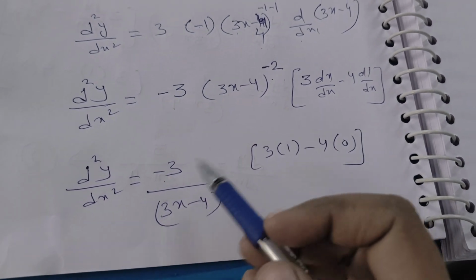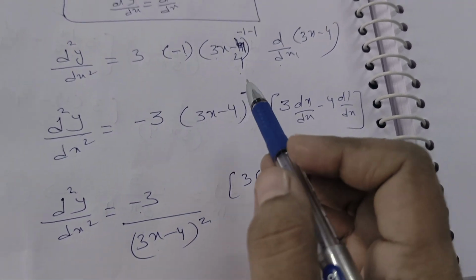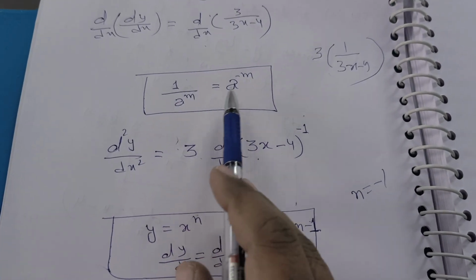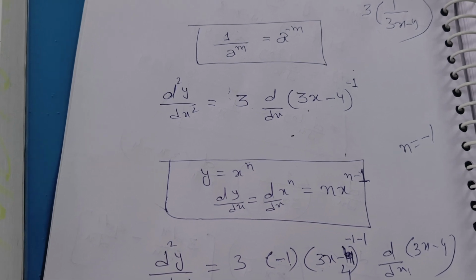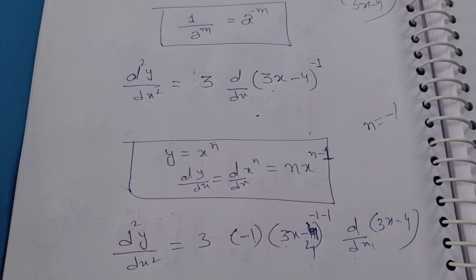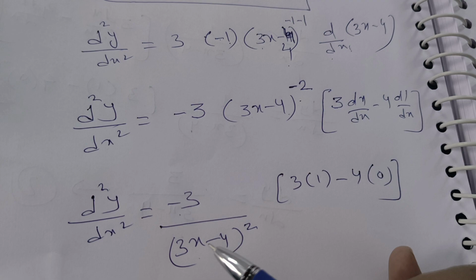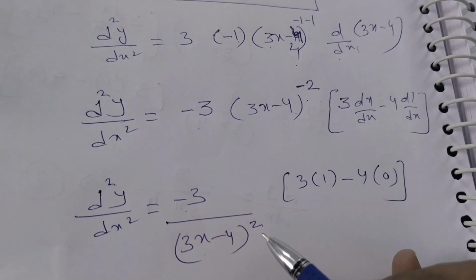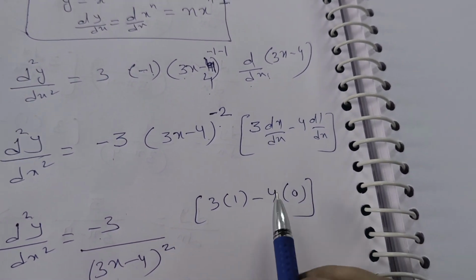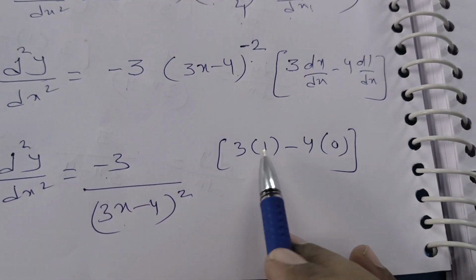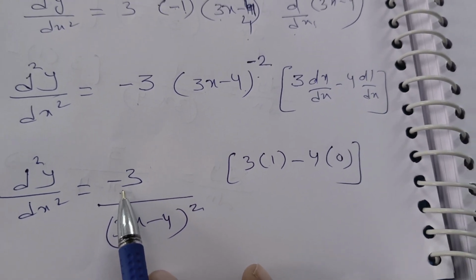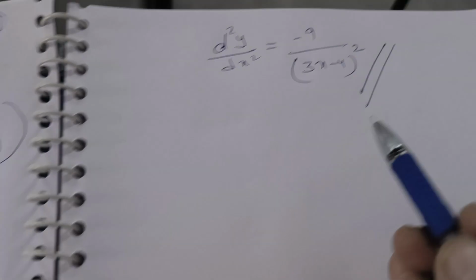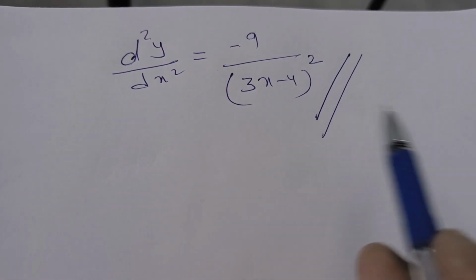d square y by dx square is equal to minus 3 by, again according to this formula, when we write this value in the denominator, it becomes whole to the power of plus m. So 3x minus 4 whole to the power of plus 2. 3 into 1 minus 4 into 0. So here we have 3 ones are 3. Again this 3 is multiplied by minus 3. Minus into plus minus, 3 3s are 9. So 9 by 3x minus 4 whole is